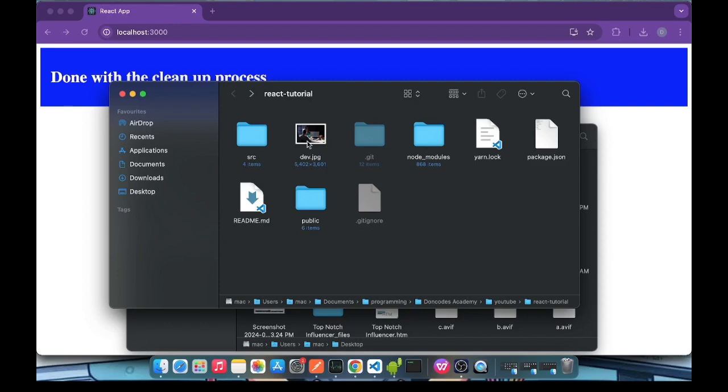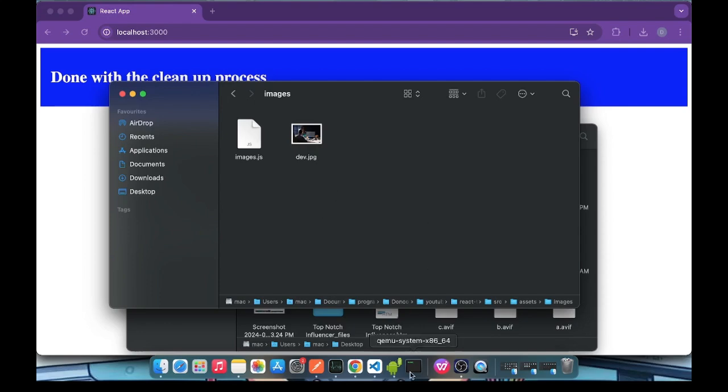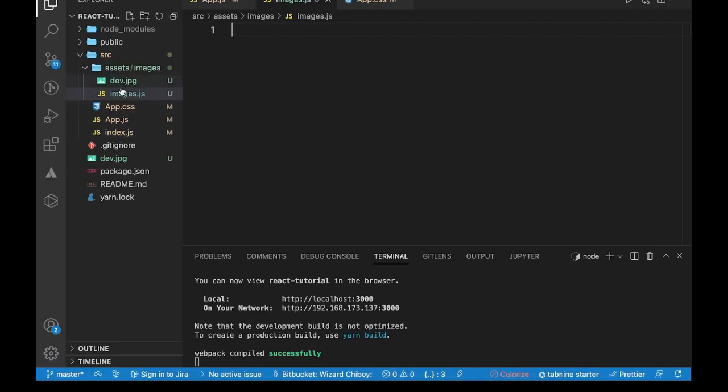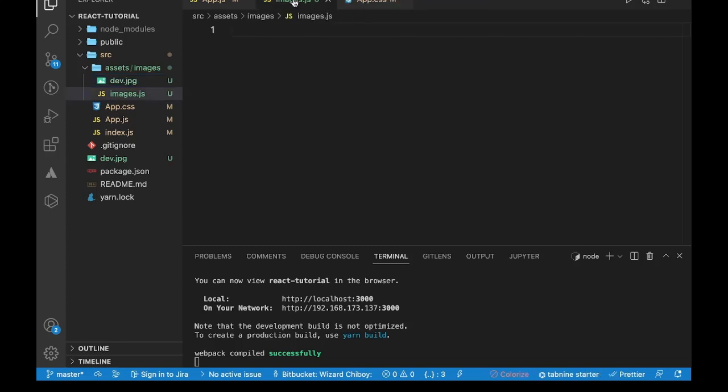So we have our folder here, and there we have our picture that we want to make use of for this tutorial. I'll copy this photo and paste it inside this images folder, and then I can come back here. As you can see, the image is now showing. If I click on it, you can see that the image is showing right away. Cool. So the next thing I'm going to do is come back to my images.js